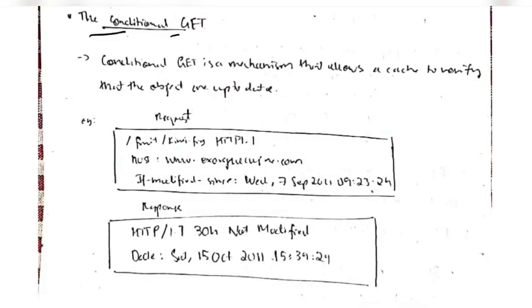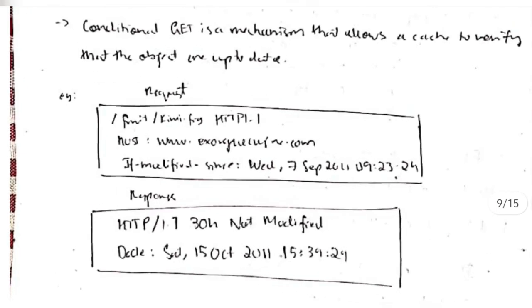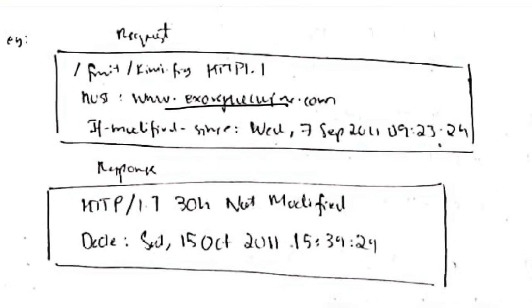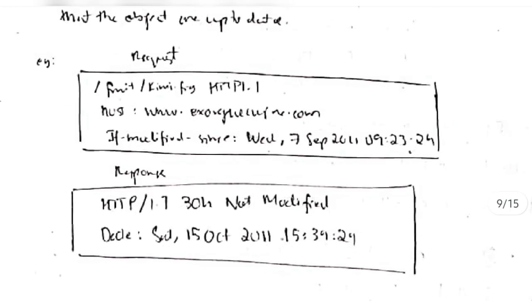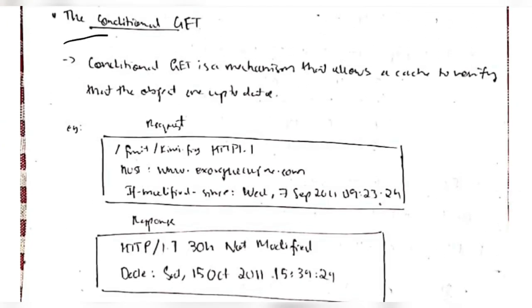The next one is conditional get. Conditional get means, for get there are many methods, like get, post, delete and so on. What about get? Get means we are checking if our website was modified or not. For that we specify the address, which website, and if-modified-since, the date and time we mention here. After this date and time, if it's modified, it will show as modified, or else it will show as not modified. This is the request and this is the response. If you want to get that information, we can obtain it by the conditional get statement.